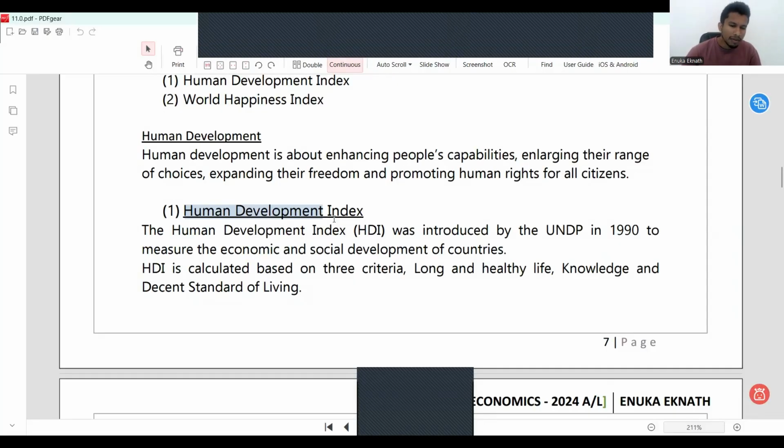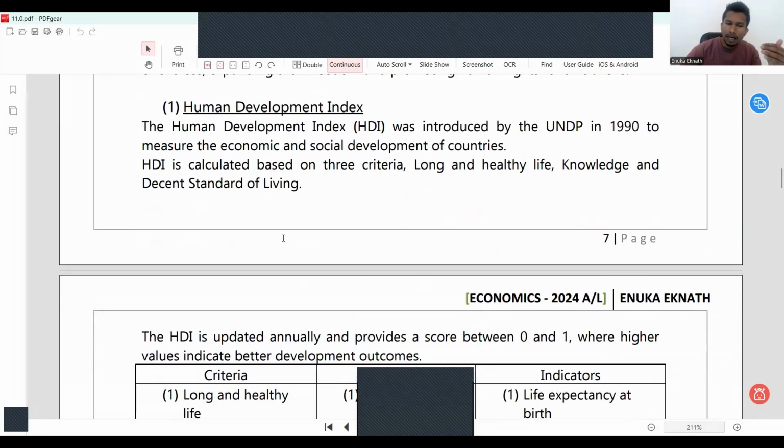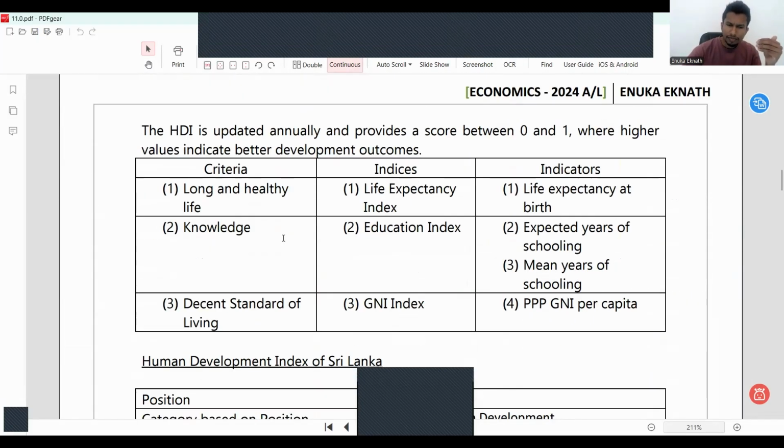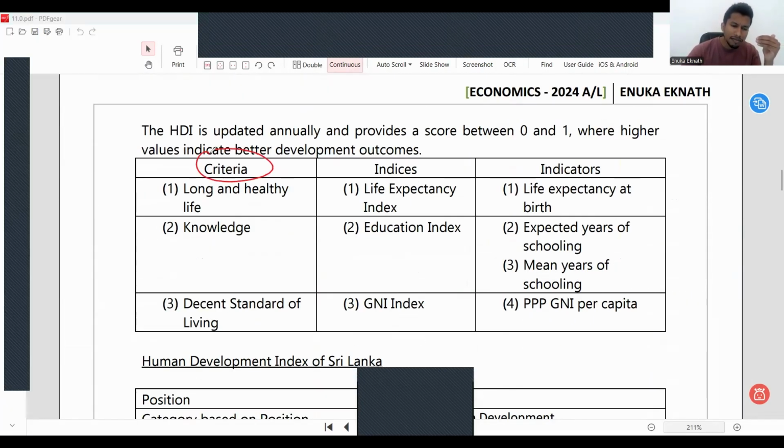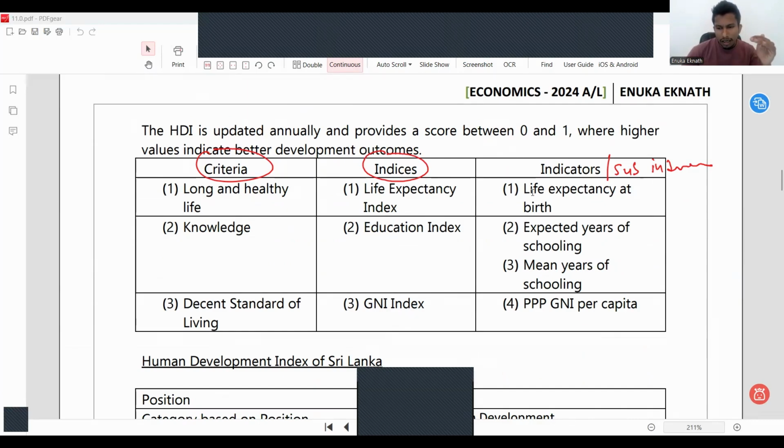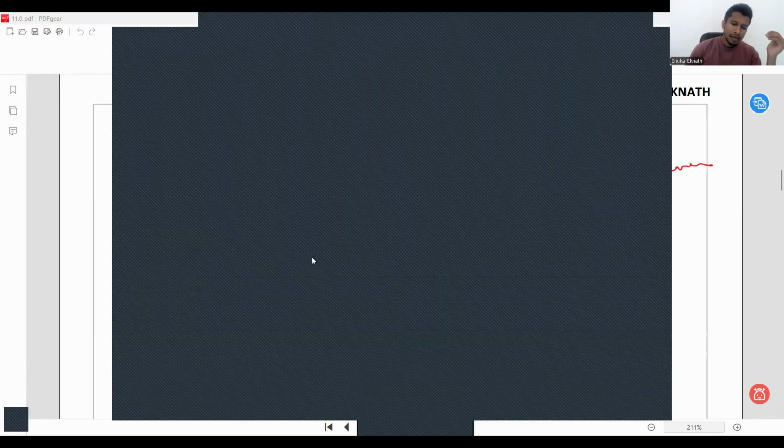Here we have the human development index, and when calculating this human development index, these are the criteria we use, and these are the main indices we use, and these are the sub-indices, right? These are the sub-indices or the indicators, right? The sub-indices are life expectancy at birth, expected years of schooling, mean years of schooling, and purchasing power parity, GNI per capita. අර එන ඔය ටික මතක නම් දැන් එන question එකට